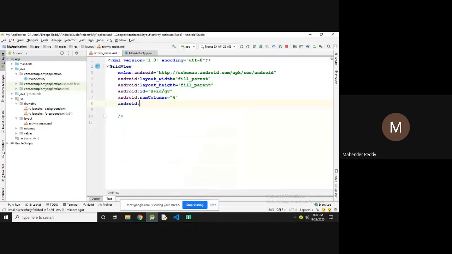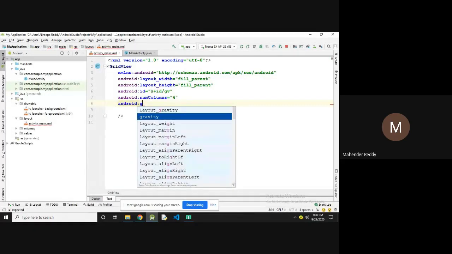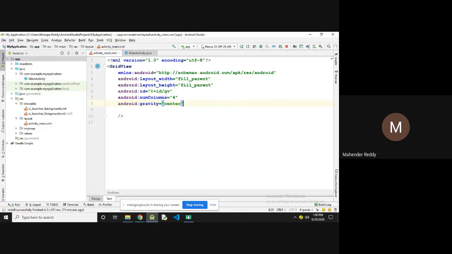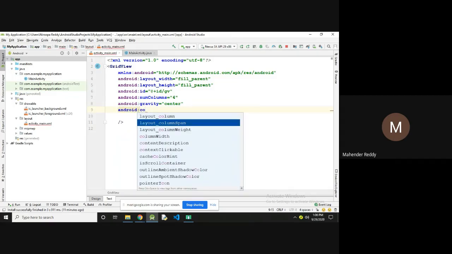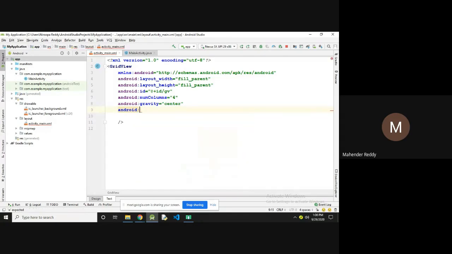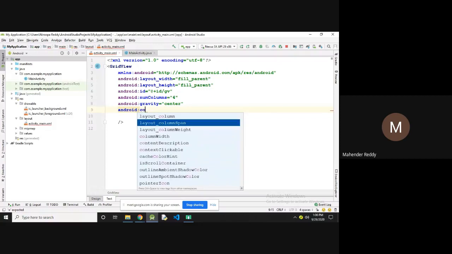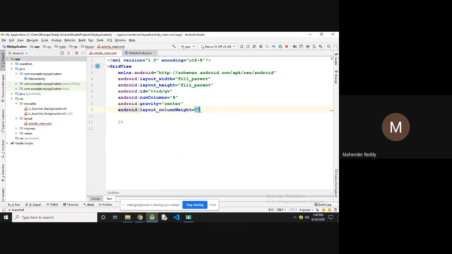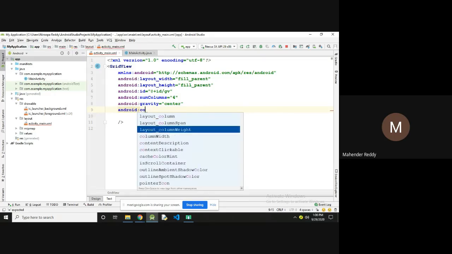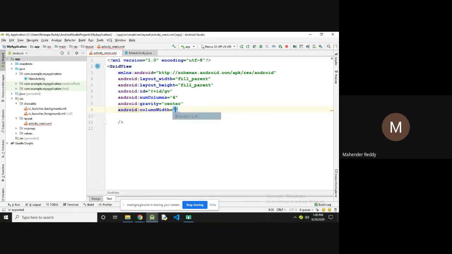And android:gravity center, and android:columnWidth equals, I'm taking 80dp.